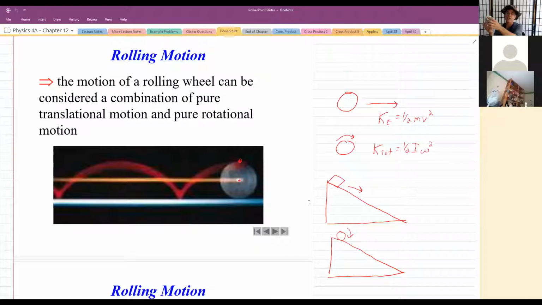Okay, so the point is I can consider a rolling object to be a combination of two kinds of motion. Just a motion without any rotation through space, just a rotation without any kind of motion, and rolling is just combining those two, which means a rolling object has translational kinetic energy 1/2 mv squared because its center of mass